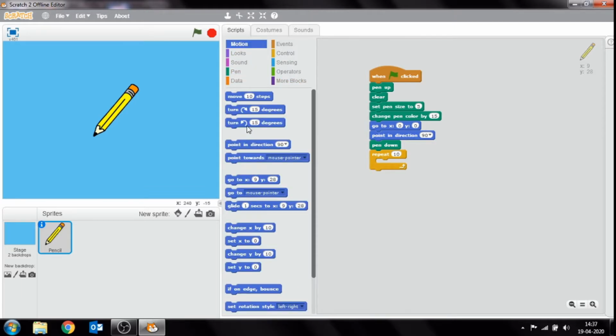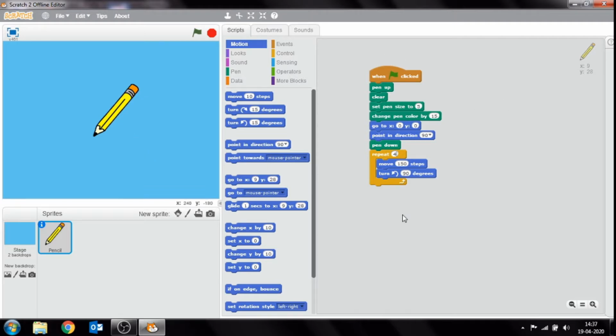In this, again go to the motion block, move steps; how many steps you want, you have to type here. Suppose I type 150 and then turn anti-clockwise 90 degrees. 90 degrees is used here because a square has 90 degree angles, and repeat 4 times because a square has 4 sides.